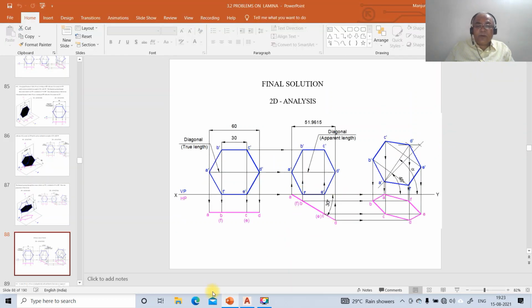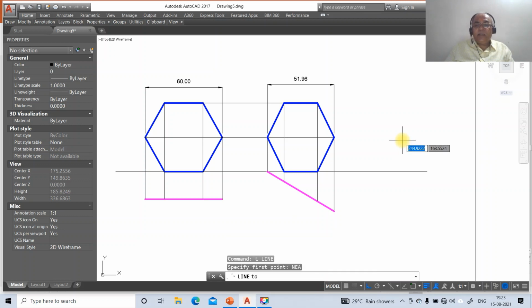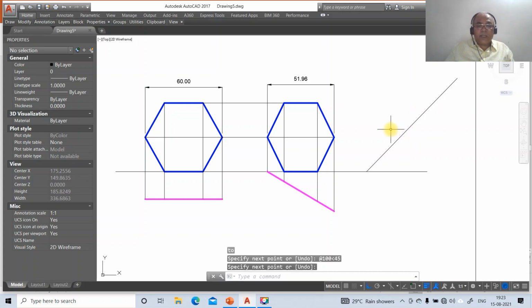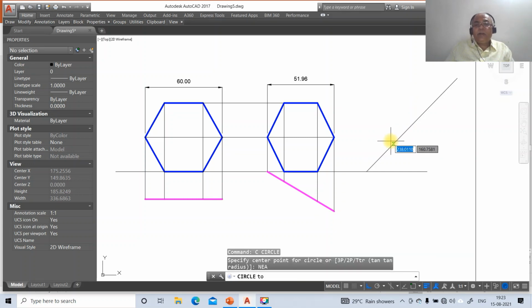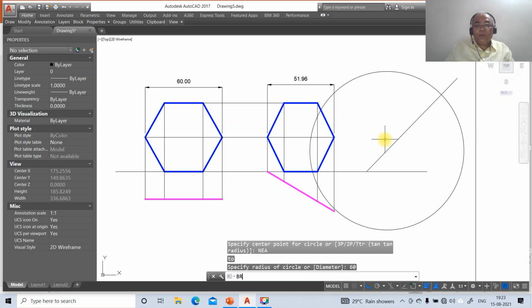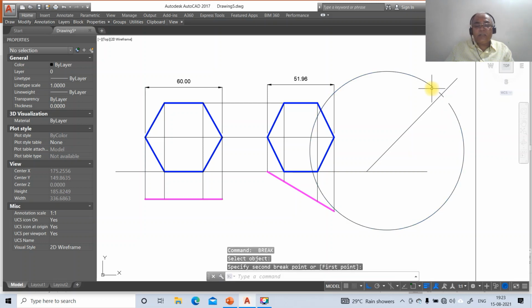So now we need to find out the alpha inclination. To do that, first we'll go to the line, take nearest point, and the angle you need to draw is at the rate, you take 100 less than 45. Then go to circle, take nearest point and take the radius as 60. So then go to break, select this and break this here, and you select this, and then go to erase,